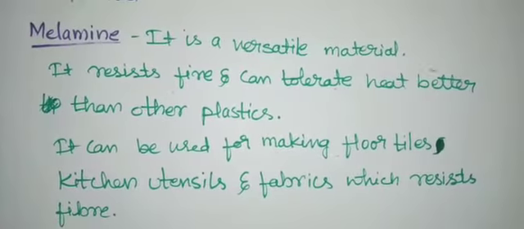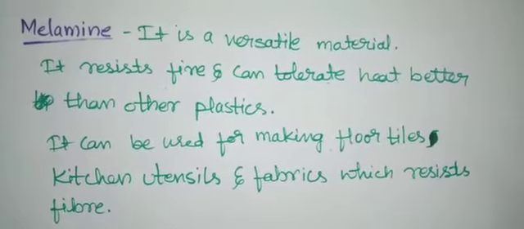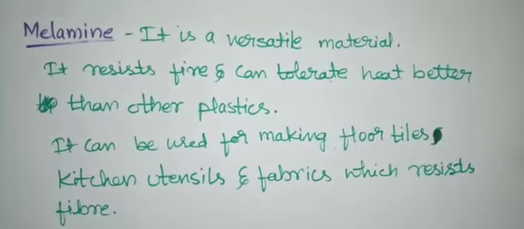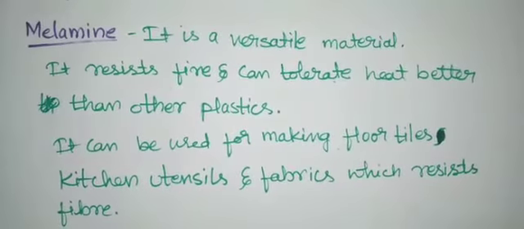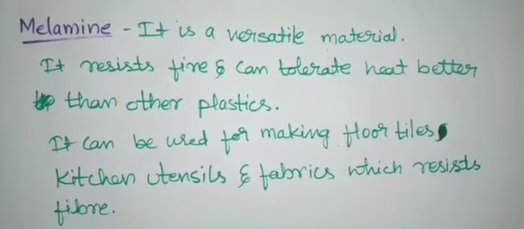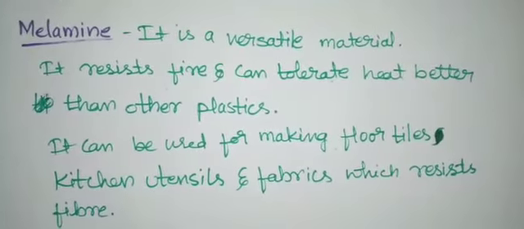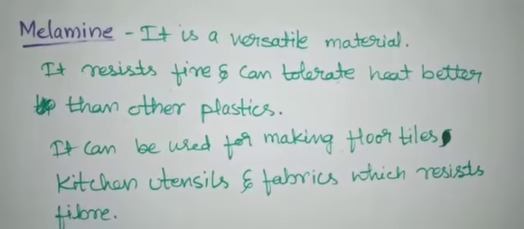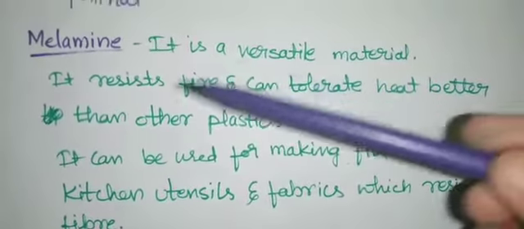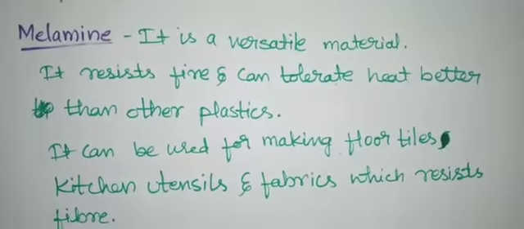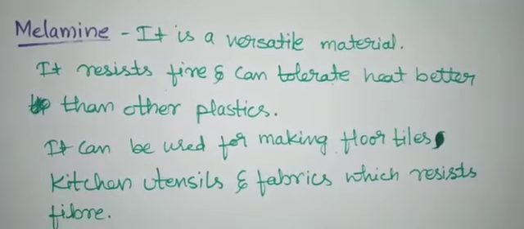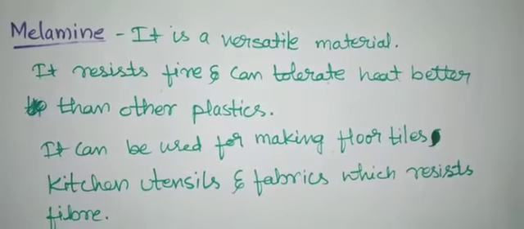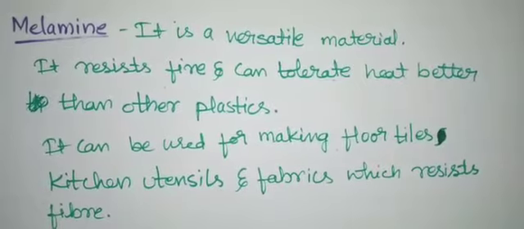So this is about some of the plastics, that is, thermoplastic and thermosetting plastic. Thermoplastic is nothing but plastic that can be deformed easily on heating, and can be bent easily. Coming to thermosetting, these are the plastics which, when molded once, cannot be softened by heating. These are called thermosetting. There are two types: one is melamine and the other one is bakelite. Bakelite is a poor conductor of heat and electricity, so it can be used in the making of electrical switches and handles of various utensils.